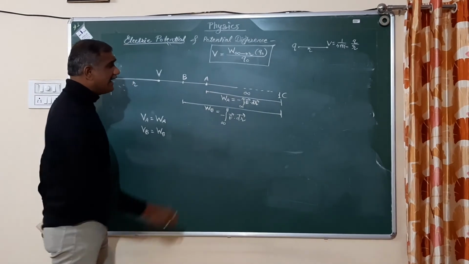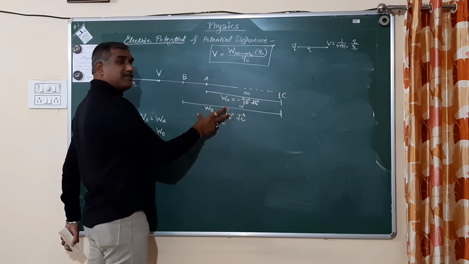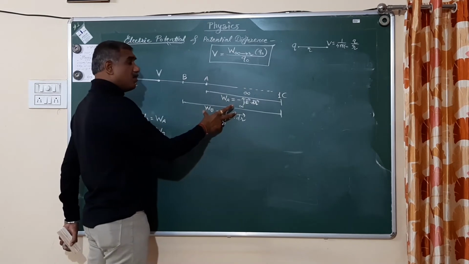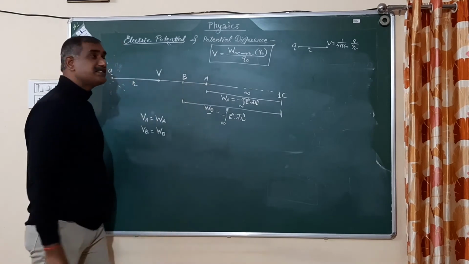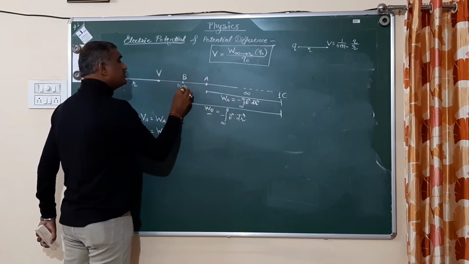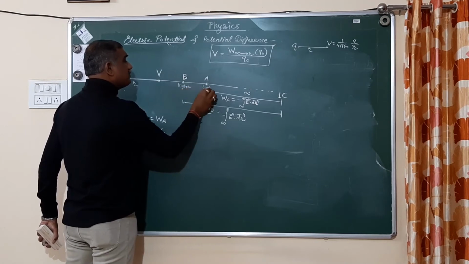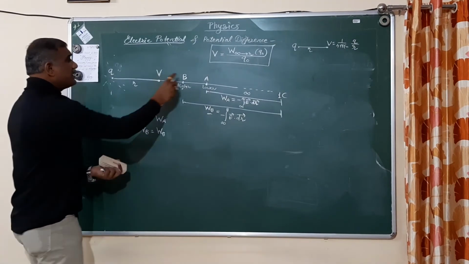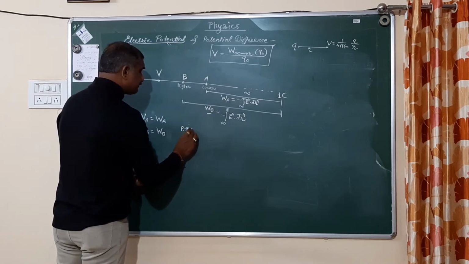You can easily say that the distance is less as compared to this distance, and that's why the work done must be less as compared to this work done. So this work done is small and this work done is more, and that's why you can say that the potential at point B is more and the potential at point A is low. At point B, this is the higher potential point, and this is the lower potential point, and that's why the potential difference between B and A,